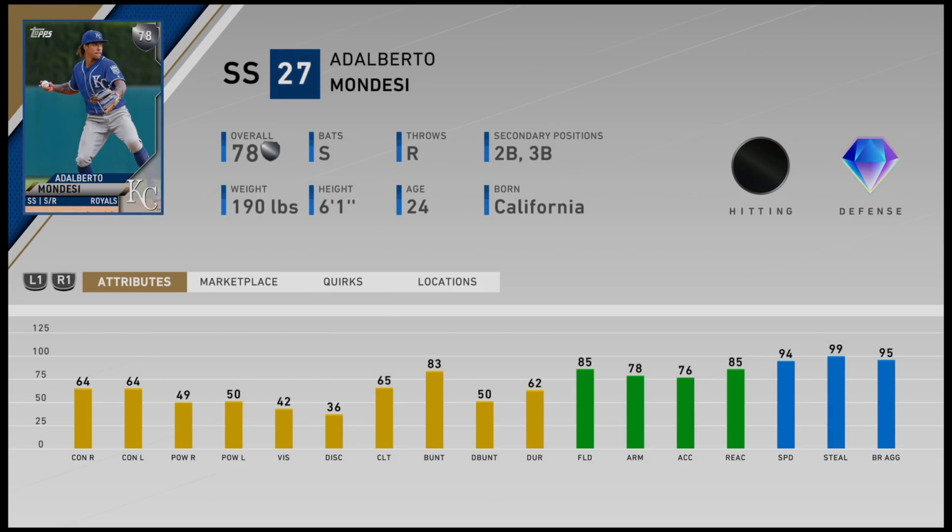If they don't want to go with Mondesi and give him another diamond, maybe somebody like Nicky Lopez, or they go the prospect route and we get ourselves a nice Brady Singer, maybe Bobby Witt Jr. card. Both of those would be incredible cards. But if they do go with Mondesi, I think this will hands down probably be the best future stars card